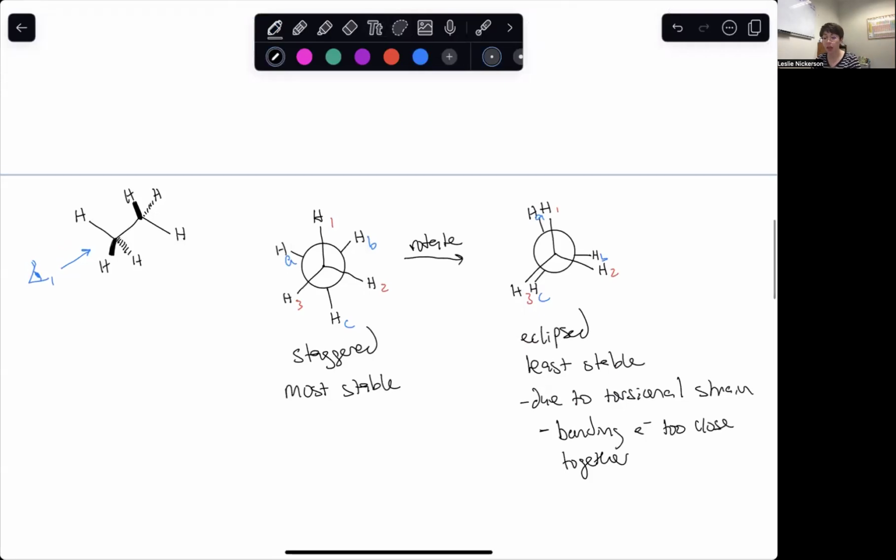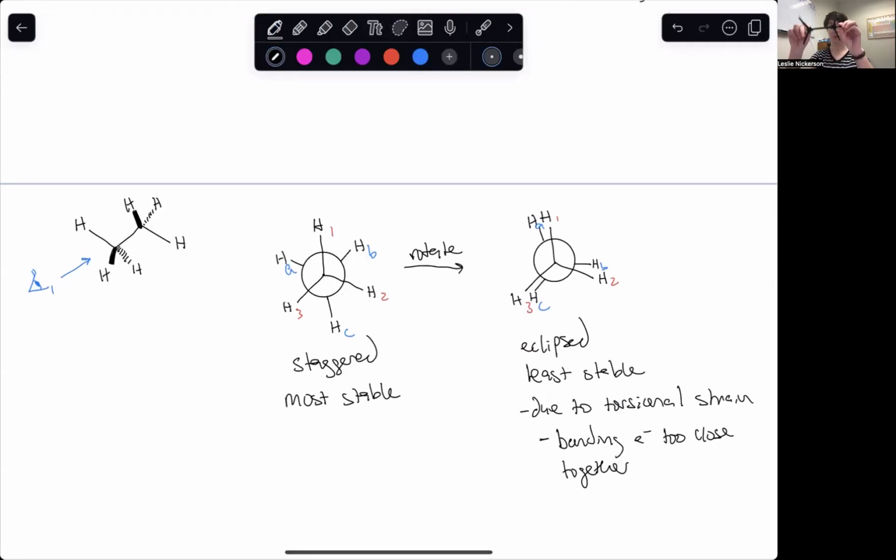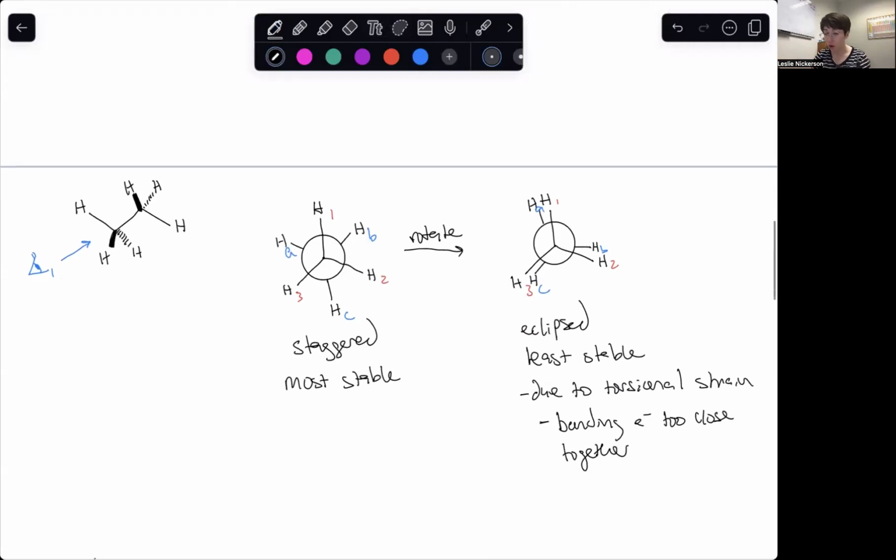Okay, so if we look at this eclipsed form, so we've been looking at it this way, but if we look at it more typically in our normal fashion, we see that we kind of have a U shape of in the plane bonds. Okay, and that's kind of the problem, is that we've got bonds here, and they're just a little too close together because they're not just sticks like this is, right? They have kind of a cloud space. So if we look at what this would look like on the flat,